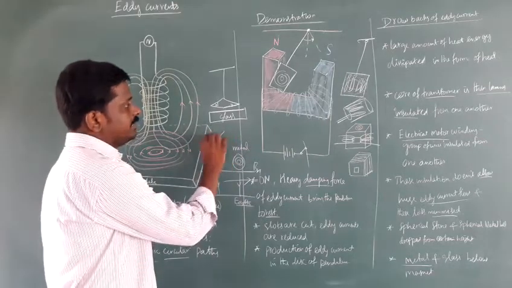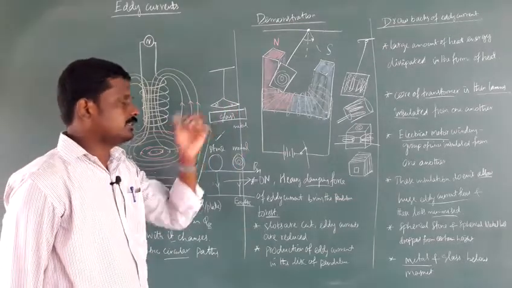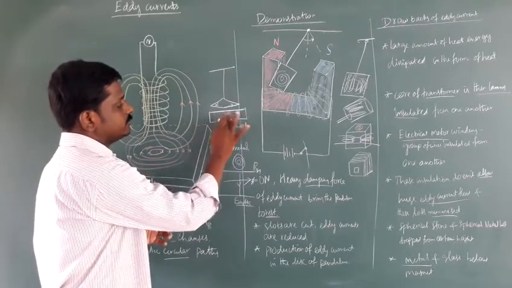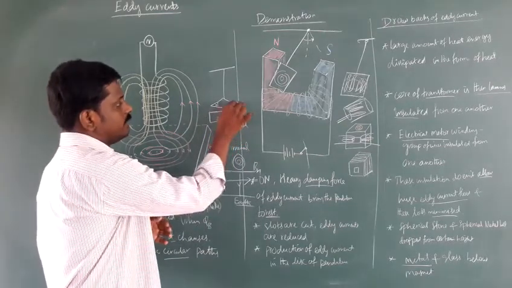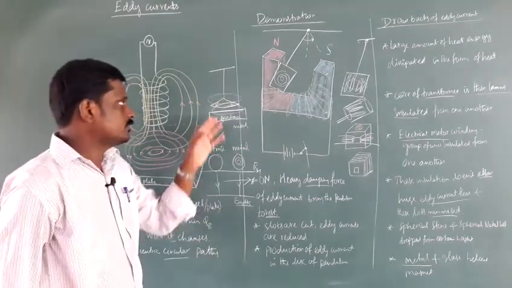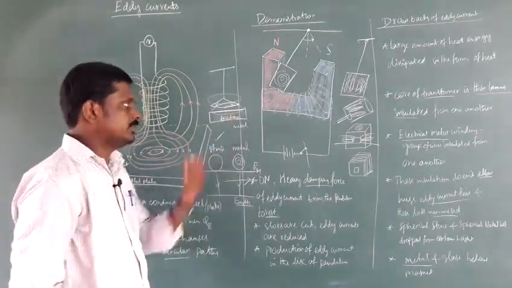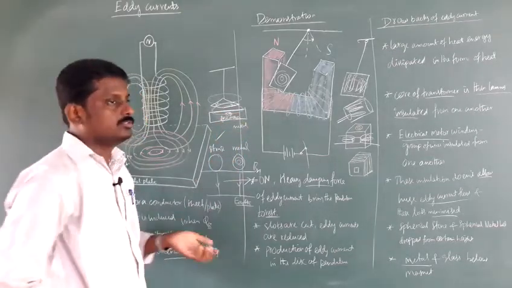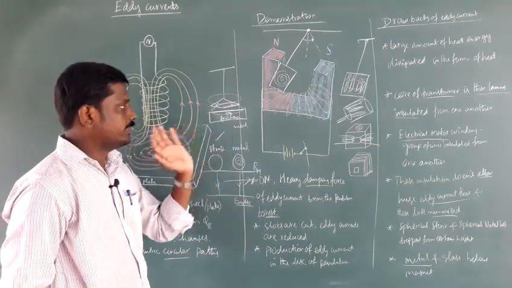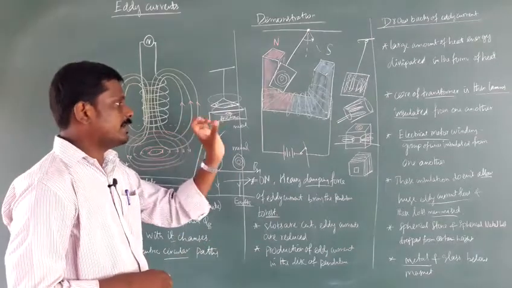Now the glass is replaced by a metal. What happens? The north and south bar magnet has magnetic field lines around it. Just think, if it is a metal, there is a change in magnetic flux linked with the metal, so eddies are produced. That eddy current opposes the rotation of the bar magnet. So if there is a metal below the bar magnet and it is moving, it comes back to rest very fast.